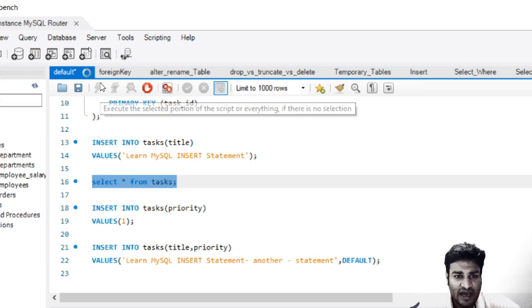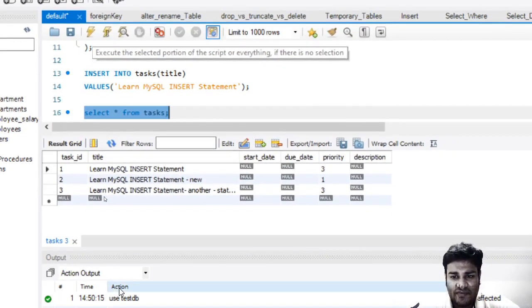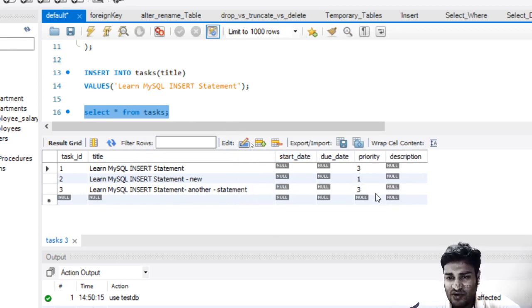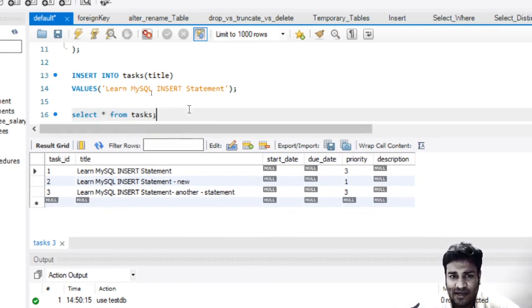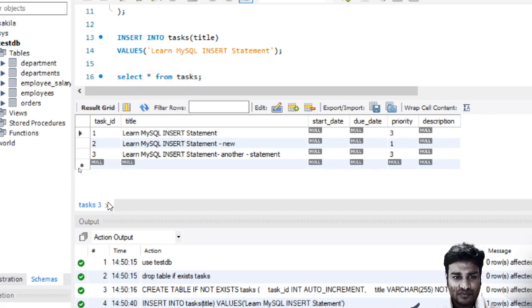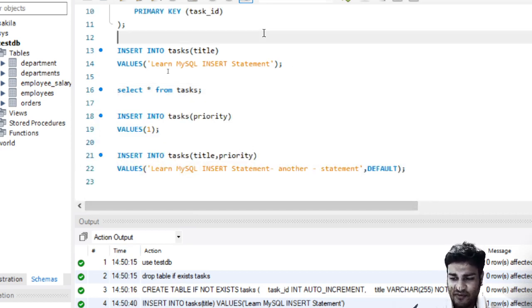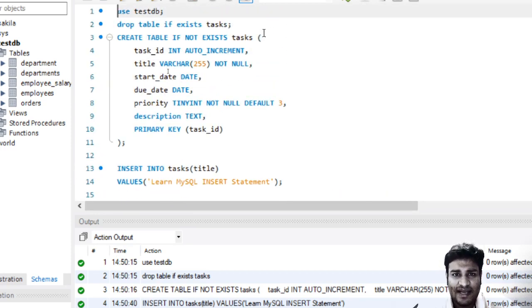Let me say select star from tasks, and you see over here that another statement has priority value 3, because what it says is put up the default value, and the default value which is marked in the table is 3.